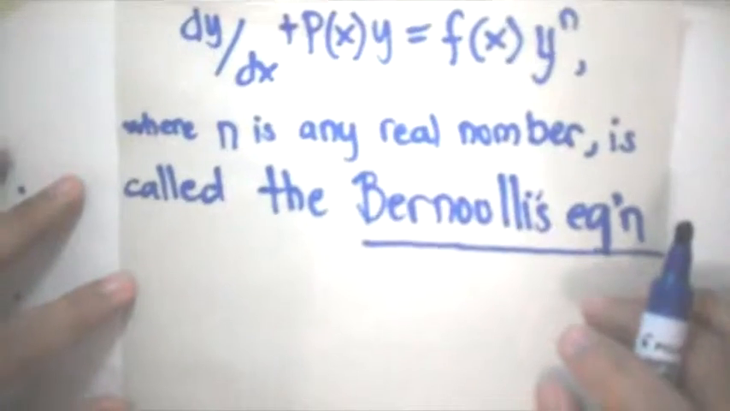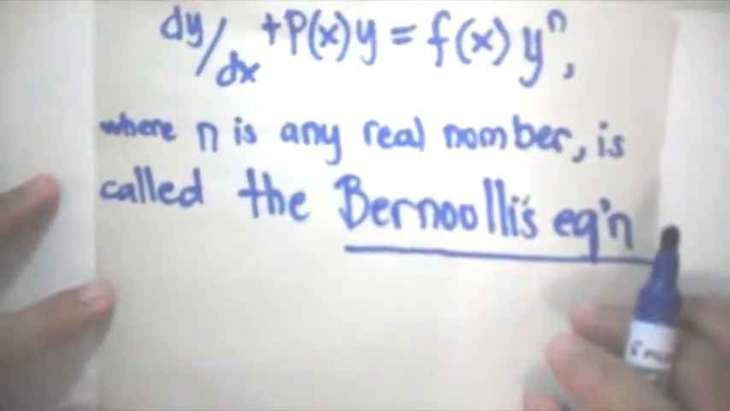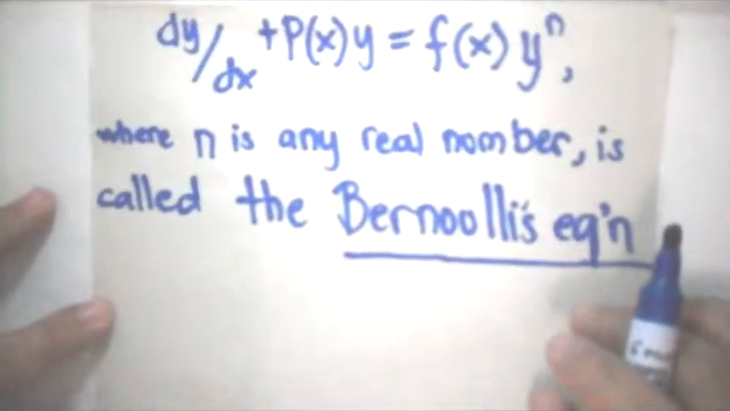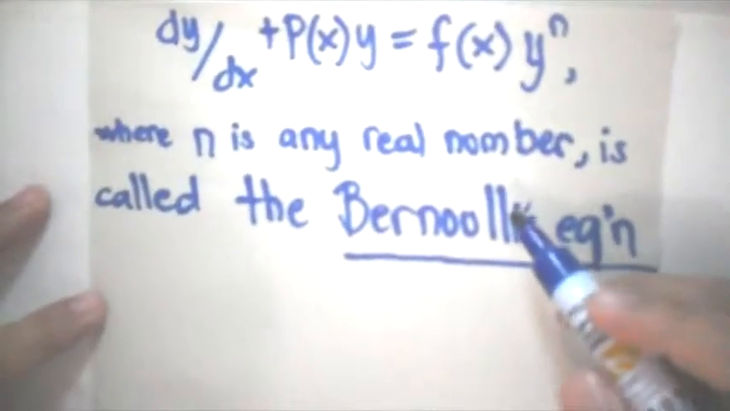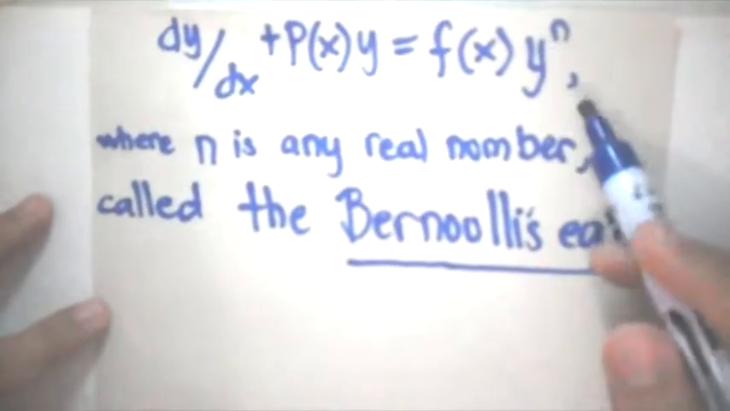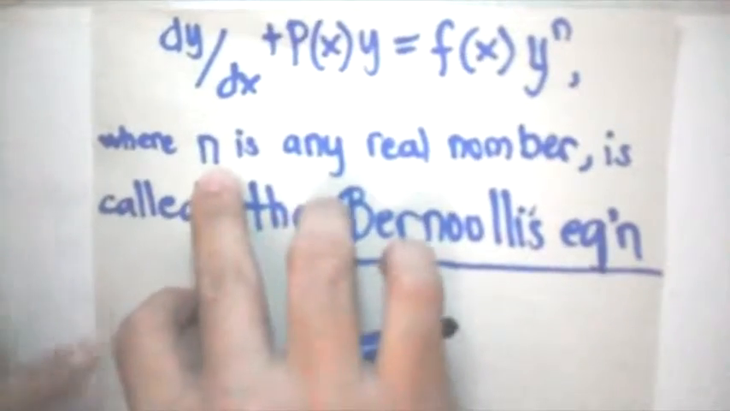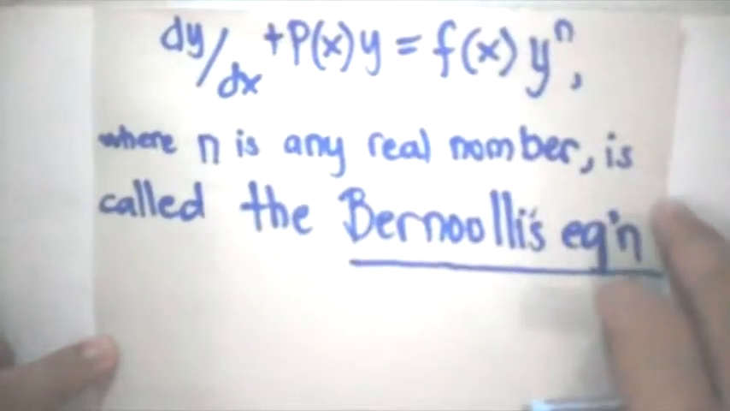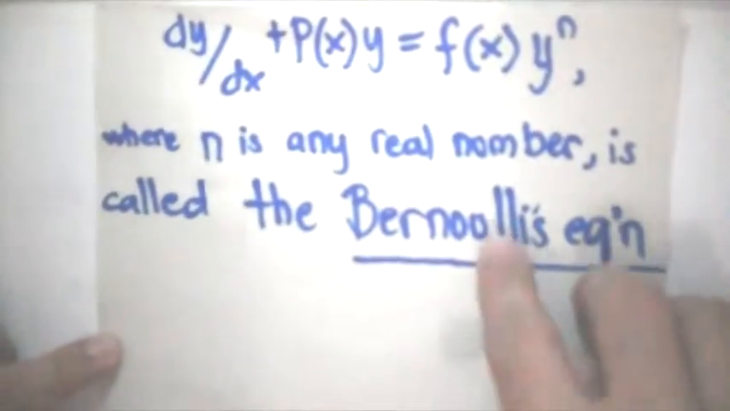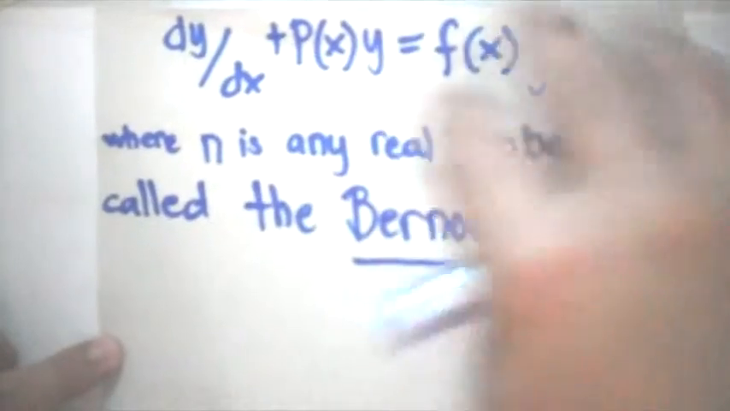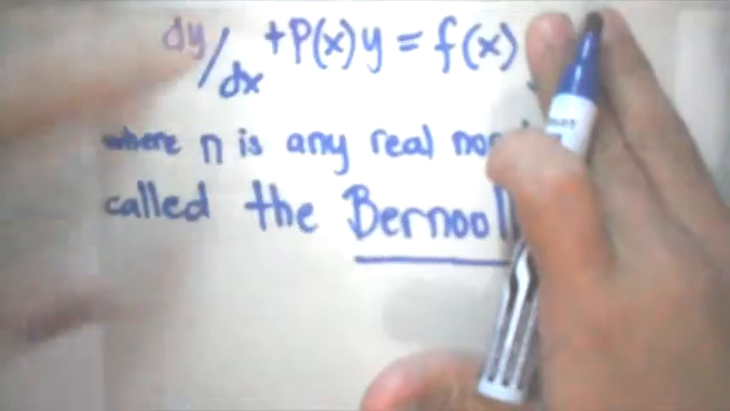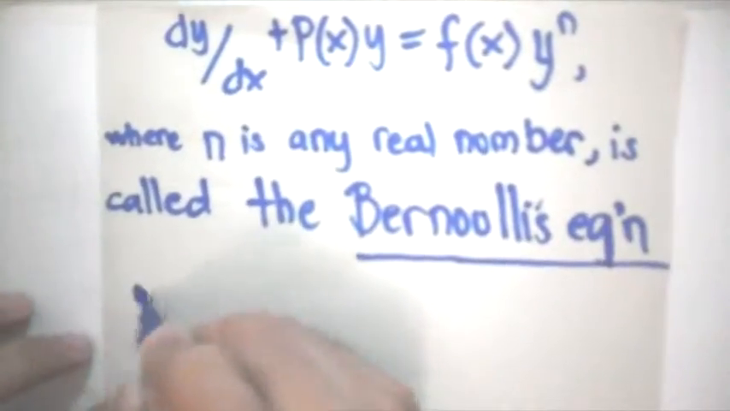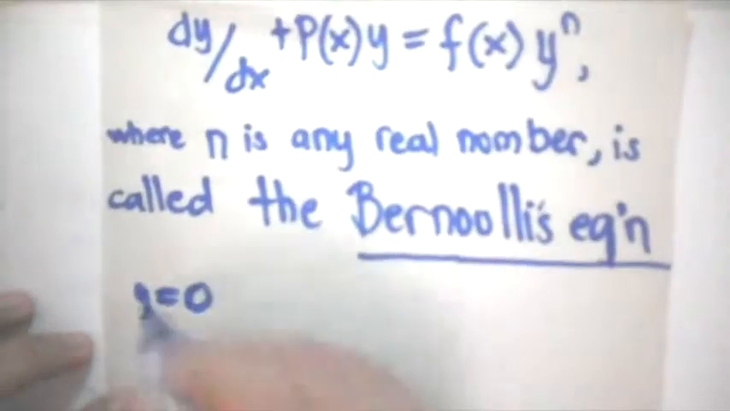Okay, let's go now to the next differential equation, the Bernoulli differential equation. dy/dx plus p(x) y is equal to f(x) y to the power of n, where n is any real number, is called the Bernoulli equation. So this equation came from, if n is equal to 0, then this equation is linear. So now, for y not equal to 0,